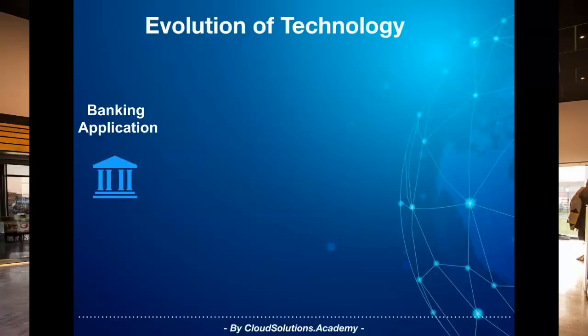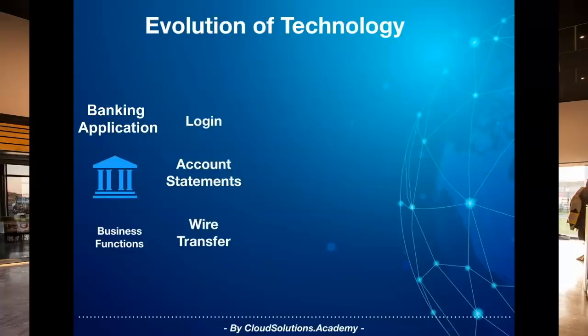So we have a banking system which offers various functions like login and authentication to the banking application through a web or a mobile browser, viewing account statements, latest as well as historical records, wire transfer of money within banks or to other accounts outside the bank using various payments and settlement methods, for instance NEFT, IMPS for an Indian payment system, or SWIFT for international money transfer. There can be a host of other functionality, but let's concentrate on these business functions.